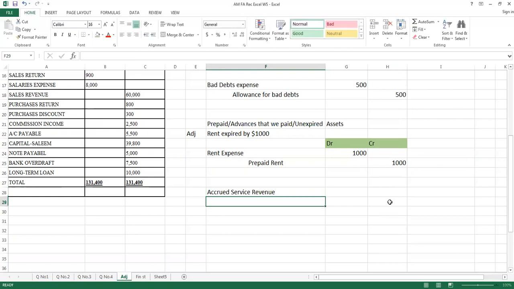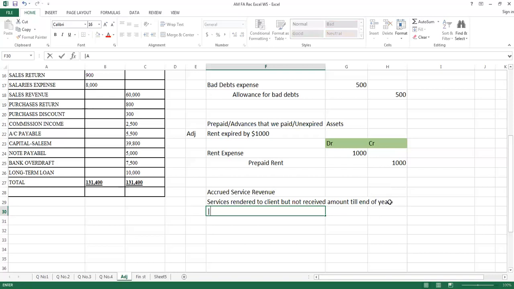Accrued service revenue means services rendered to a client but the amount not received till the end of the year. It means we have to say that this amount should be treated as account receivable,